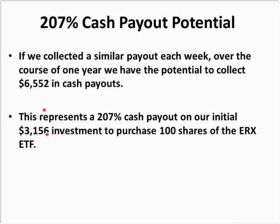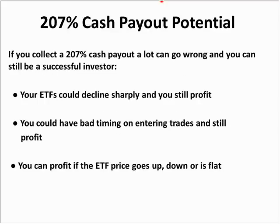$3,156, so you can see you have the potential to collect $6,552 in cash payouts on your original cost of $3,156. So that would represent a 207% cash payout on your original $3,156 investment to purchase the 100 shares of the ERX ETF. So you can see over the course of a year you can collect a lot of premium for this $3,156 initial investment. So if you can collect a 207% cash payout, a lot can go wrong and you can